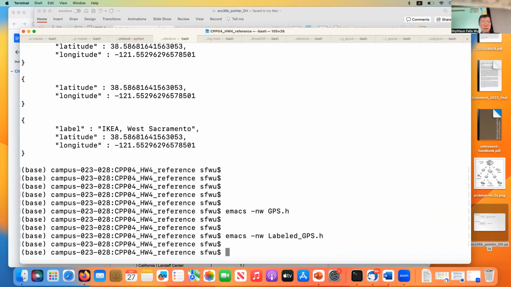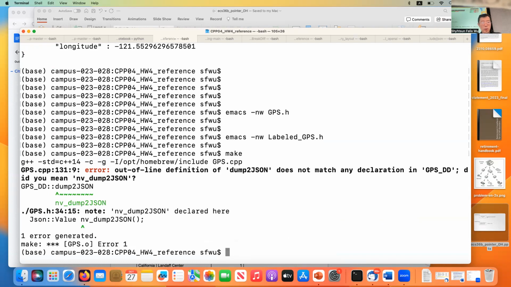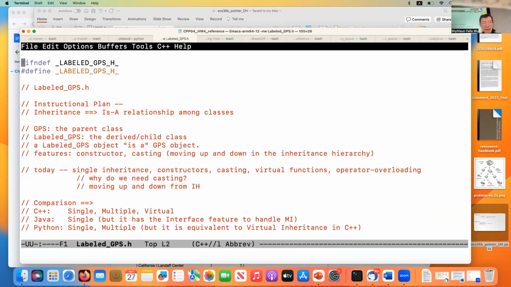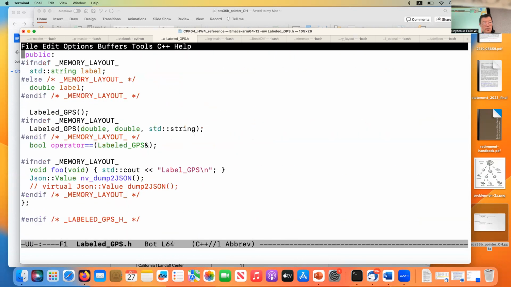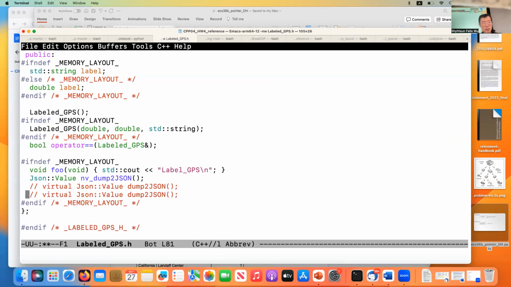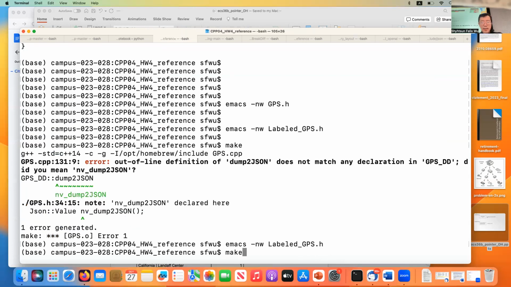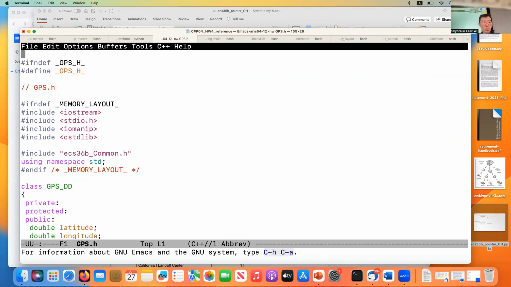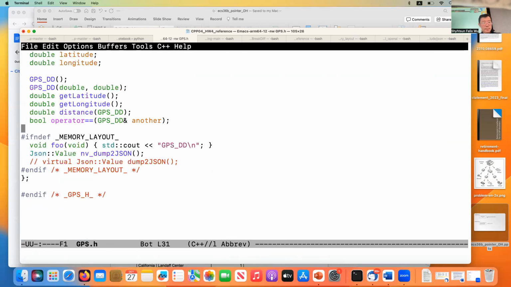Okay. Well, maybe this won't compile. Let me see if it will compile. Yeah, it won't compile, so I have to do this. The reason I have to do this is just to do this demo. I still need to have this. I know what I want to do, but I want to get rid of the virtual. So now these two functions are both regular functions. And then I have to change this one the same way. So essentially, I convert that to a non-virtual function.